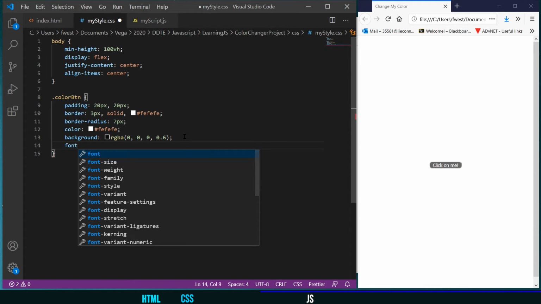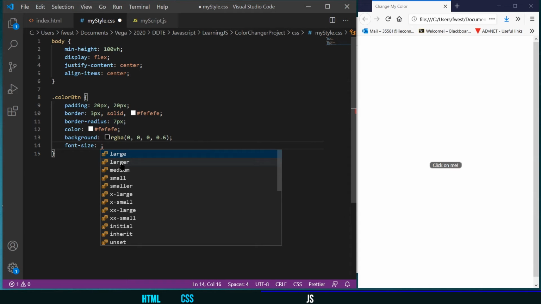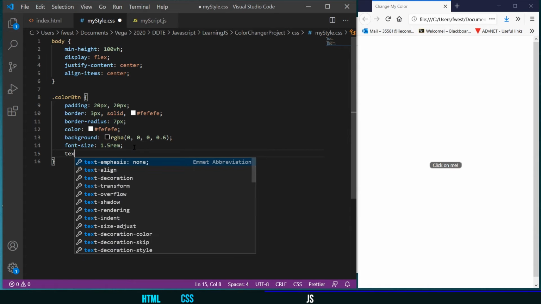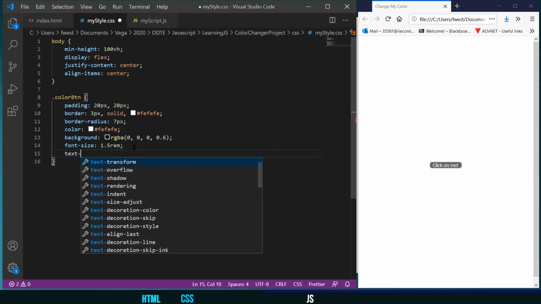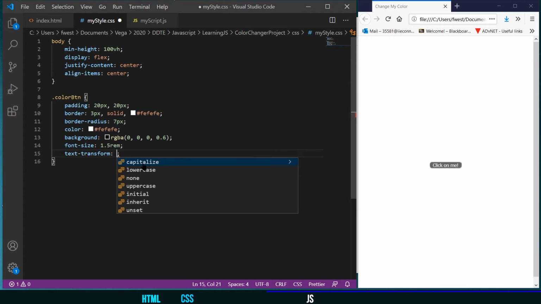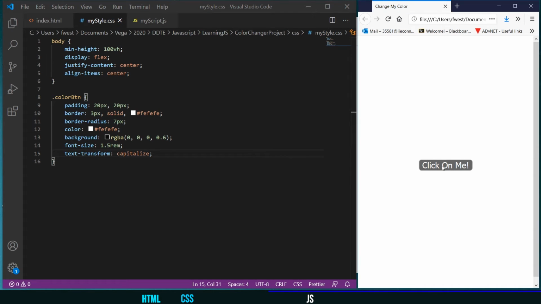So my font size, I'm going to use REMs. REMs again is a unit of measurement, and it's a percentage of the original, which is the default of my body. Go and check out what REMs are if you don't know. They're definitely not that band that makes you go to sleep, because their music is just so chilling. Then I'm going to say text transform. Why? Because I want to be fancy, and you can see that I can create capitalize. So now let's have a look at how this is looking. Okay, so you'll see that click on me, it's capitalized my text just on the beginning letters,